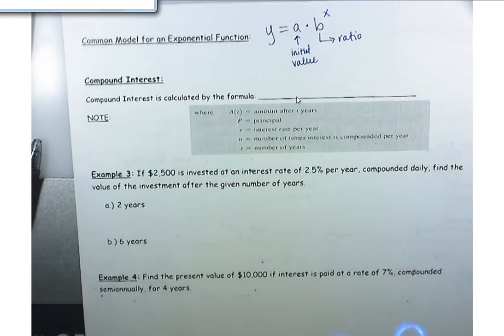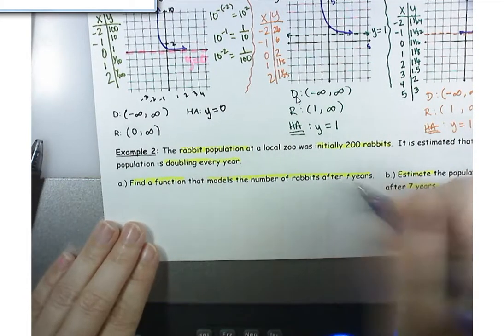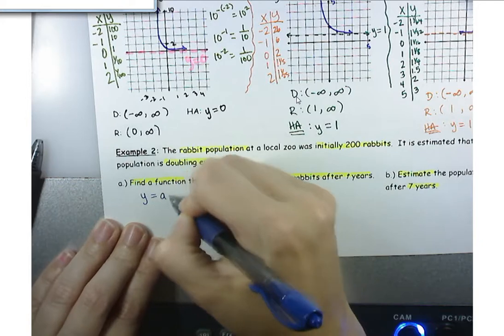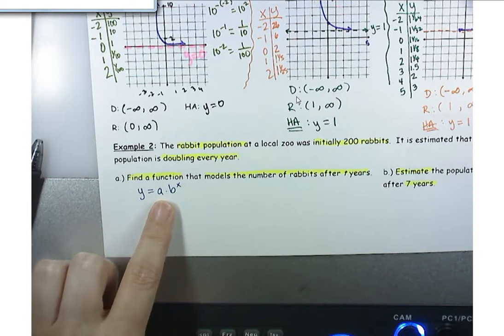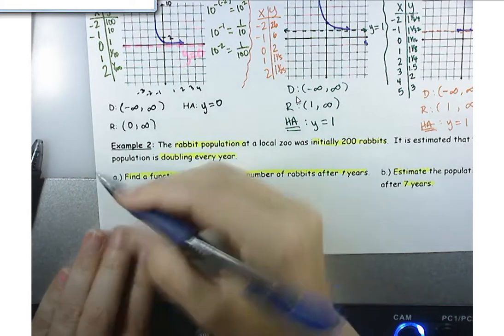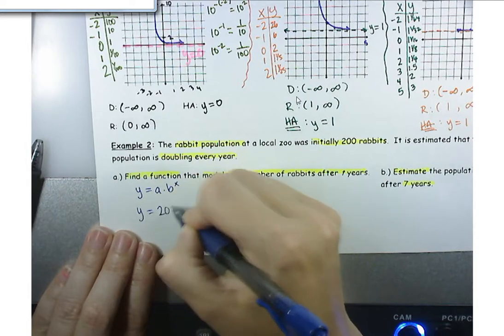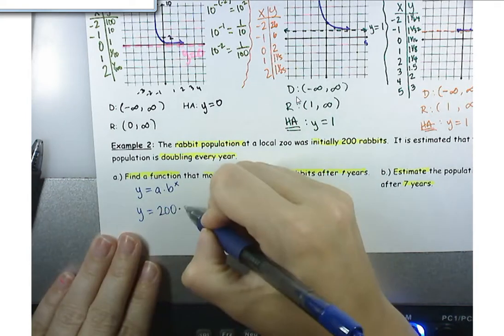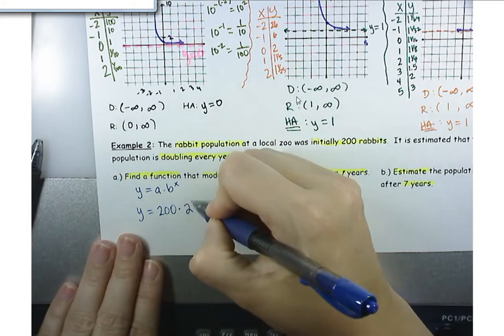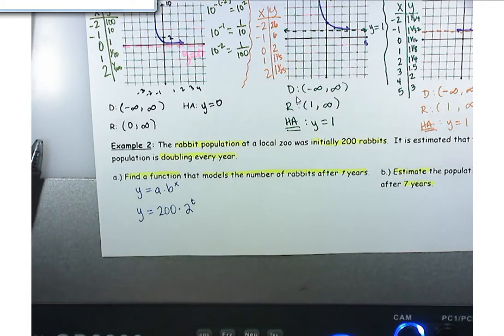So using that model, we are going to find a function for the rabbits after t years. So if I start with y equals a times b to the x, okay, a is going to be my initial value. How many rabbits did I have initially? 200. Now b is going to be the ratio. So how fast is this growing? It's doubling. So my b value would have to be 2. So if it was tripling, my b value would be 3. If the population was getting halved instead of doubling,